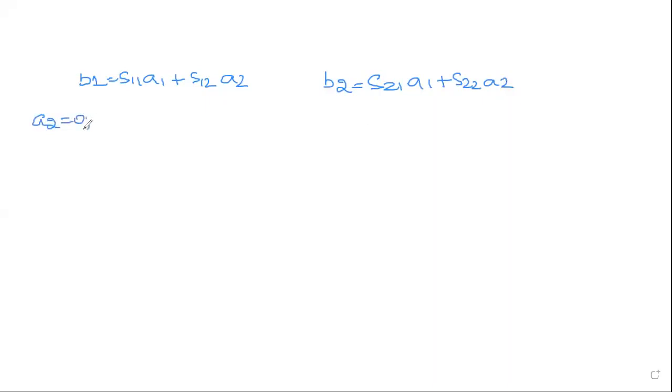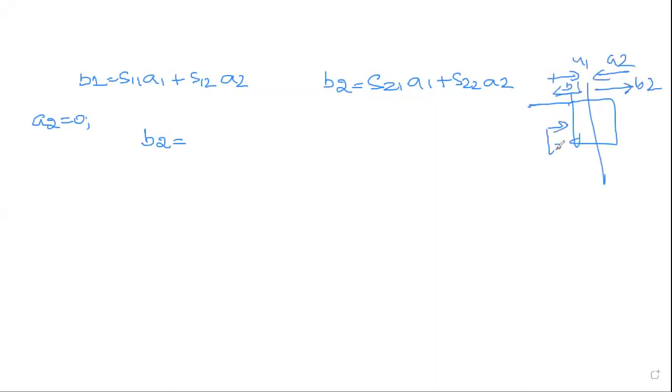For a lossless line, we know Z2 will act as a characteristic impedance. What will be the equation for B2? Can anybody tell me? When you consider this figure, that is your two-port network which we have taken, with respect to A1 and with respect to B1, this is again A2, this is with respect to B2. You have Z1 here, you have Z2 here. Now, if your A2 is 0, what will be the output of B2 coming out when your A2 is 0?